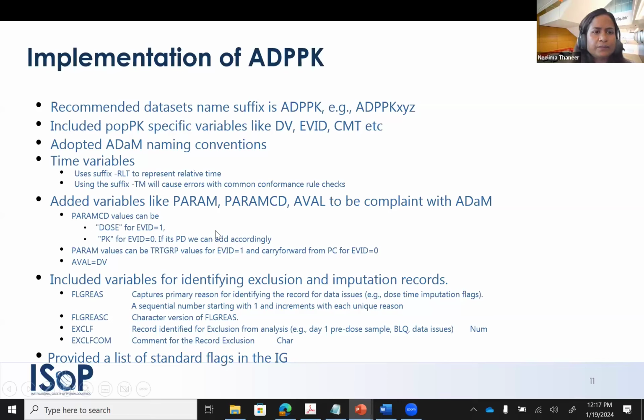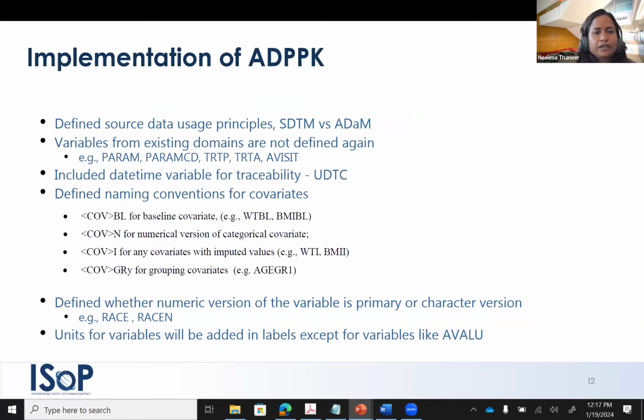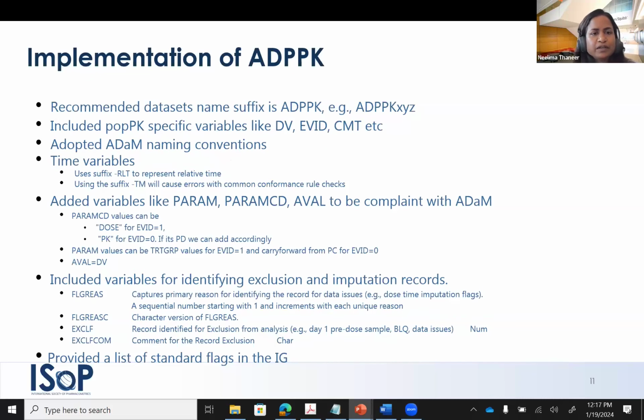And included PopPK specific variables like DV, EBID, and compartments. I'm sure we fought hard to keep these because they're not really CDISC compliant, but because all the pharmacometrics community is used to it for their tools, we were able to keep them. So you'll be happy to see that they're there. And we adopted ADaM naming convention for the rest of the variables. And I'm going to highlight only the portions of it that define the structure, content and traceability of the ADPPK